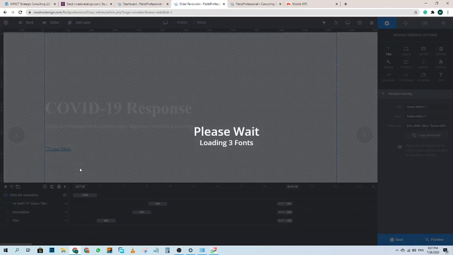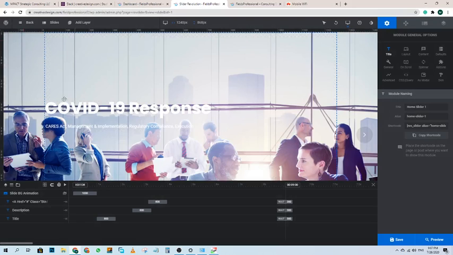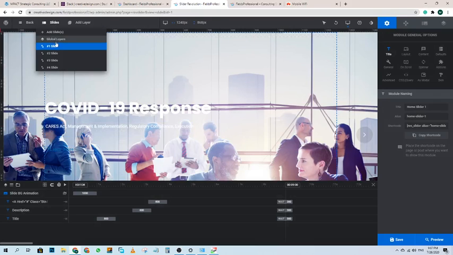When you successfully enter your slider, you can see all the slides, 1, 2, 3, 4. So in your slider there are only 4 slides.